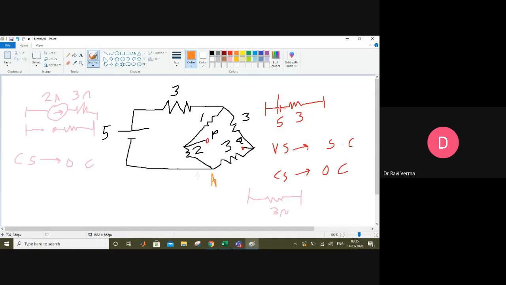See, this is point A. Now how it will look, I am drawing. I am removing this voltage source and taking it out, and replacing it with a short circuited wire. Clear? Yes, sir. So suppose this is point A and there is a drop of 3 ohm. There is a resistance of 3 ohm.